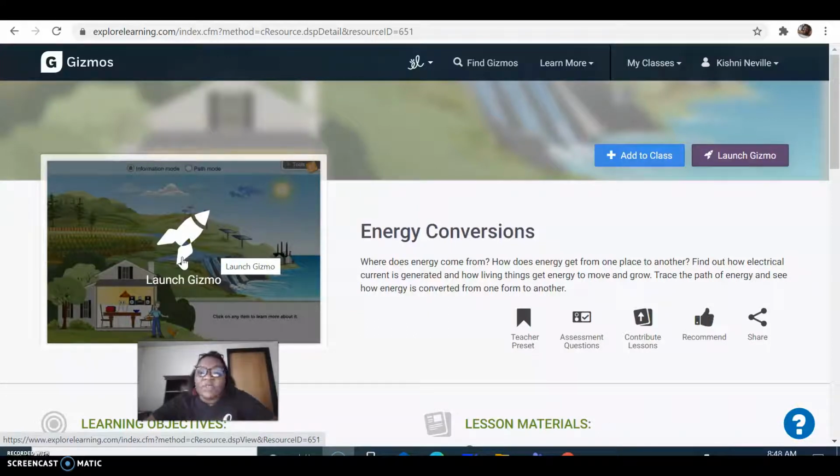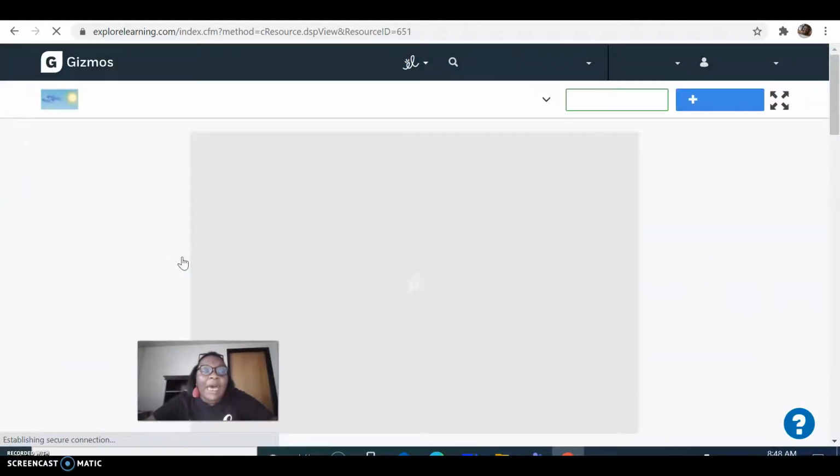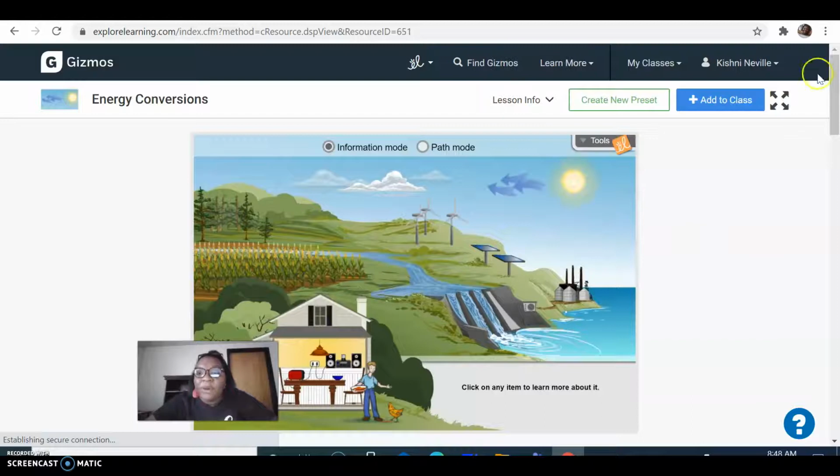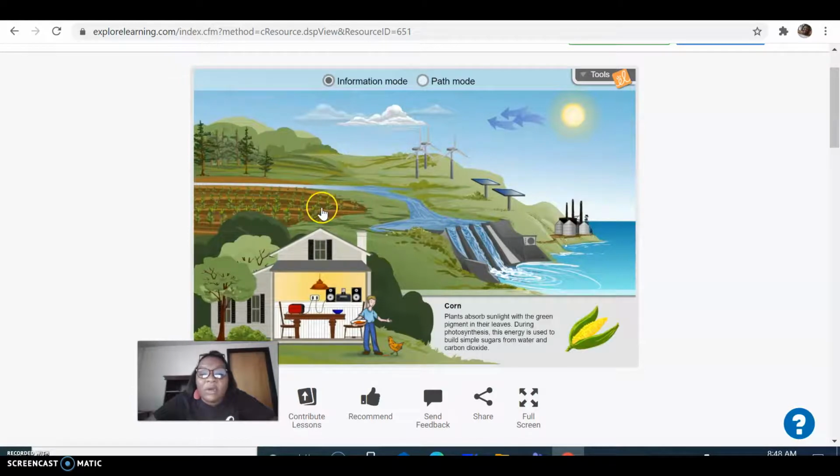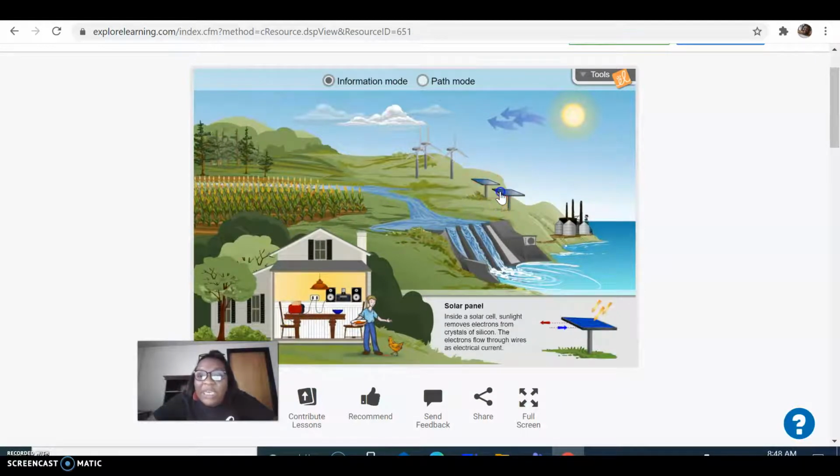So let's look at this first gizmo, energy conversions. When we're looking here, Ms. Neville's going to click Launch the Gizmo. I've logged in, so I have more than 5 minutes to complete it. And what I'm doing is clicking on each one of the objects, both inside the house and outside the house. And I'm reading about each of these